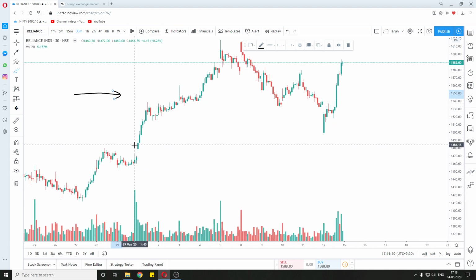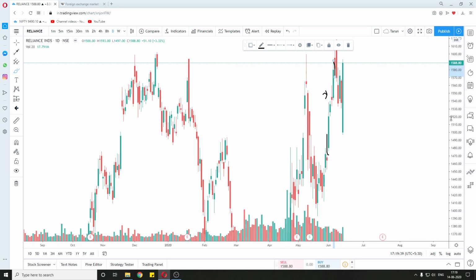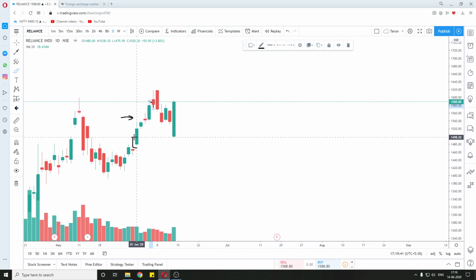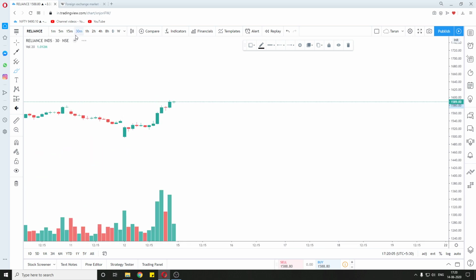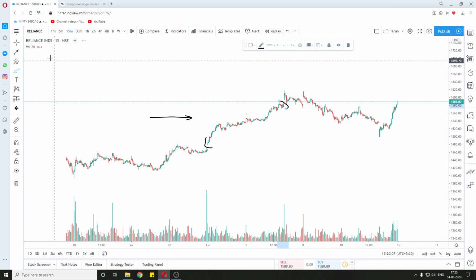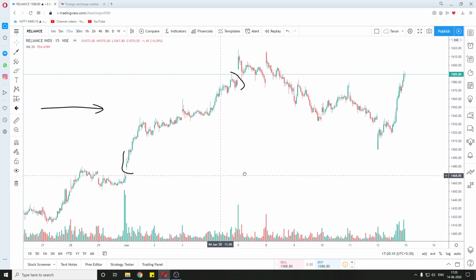So if we see between, let's say, this area and this area, and if we calculate, let's say we'll use the day data, and we are talking about 1 June, 2, 3 and 4. In these 4 days, the amount of shares traded were 18 million plus 10, 28 plus 11, that is 39 plus 15, that is 55, around 55. So we know that in these 4 days, 55 million shares were traded. So that is 5 crore 50 lakh shares.